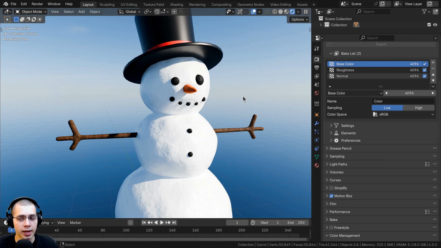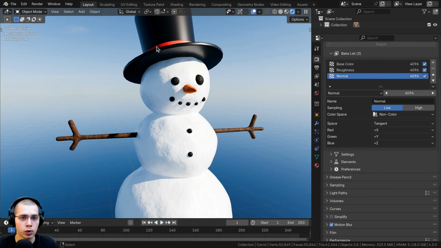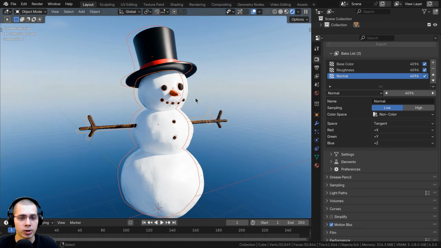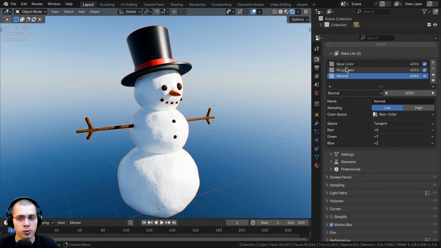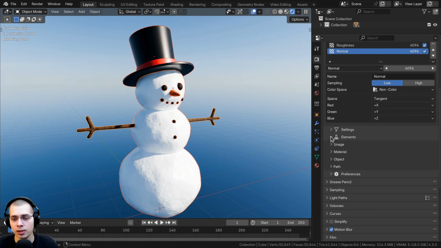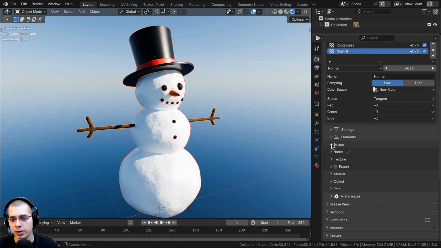Now on default with the add-on settings, it's going to create a separate base color, roughness, and normal for each one of the objects. So for each one of the objects, there's going to be 3 different texture maps. So you can do that if you want to. However, I want it to texture bake all of these to a single base color, roughness, and normal map. So to do this, we're going to click here on elements, and then we're going to go here to image. Then we're going to go here to texture and open up the